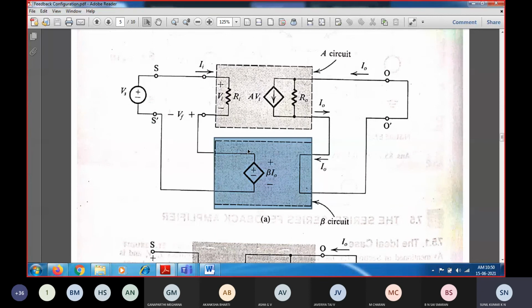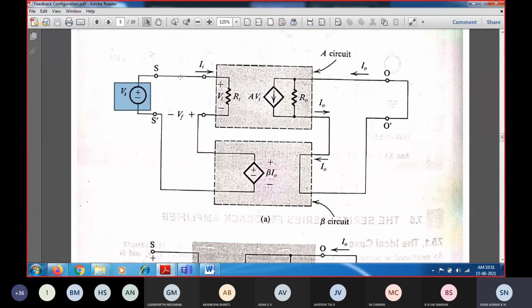And this is nothing but the feedback network, whose input is current and output is voltage. This is the general structure. Here you will have RIF across the input. For RIF, there is no need to derive again, since you have already derived it in the series shunt configuration, the previous configuration we did. In that we derived the expression for calculating the input resistance. So this is the RIF.